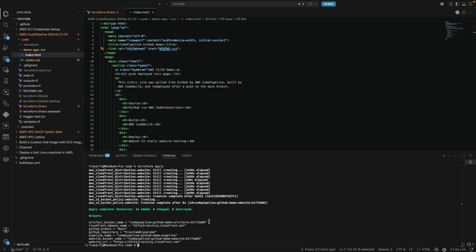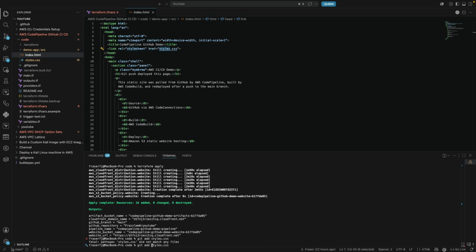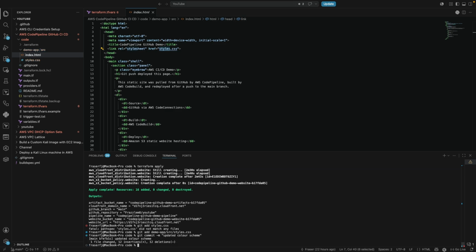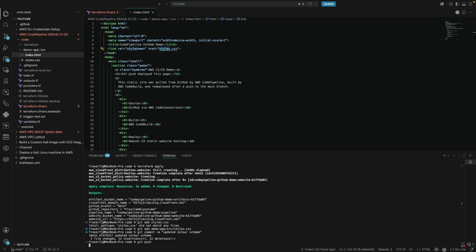And then what I'm going to do is I'm just going to add this to the Git. So if I was to add styles CSS, it might want the full path. So if I did demo app source styles, expand it, there we go, git commit, give it a message to say updated color scheme, and then if we push this to main,